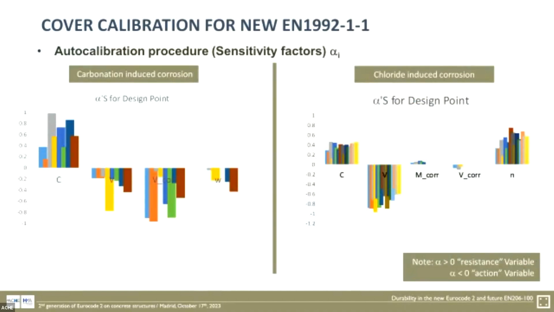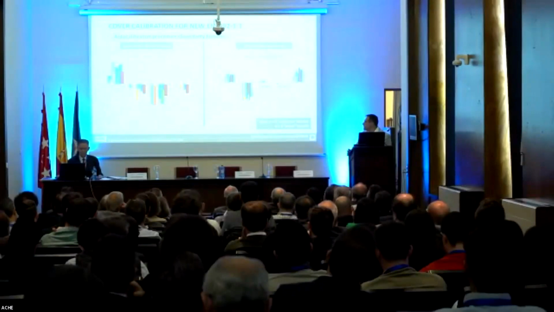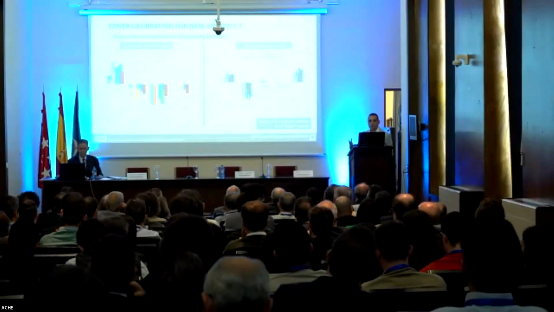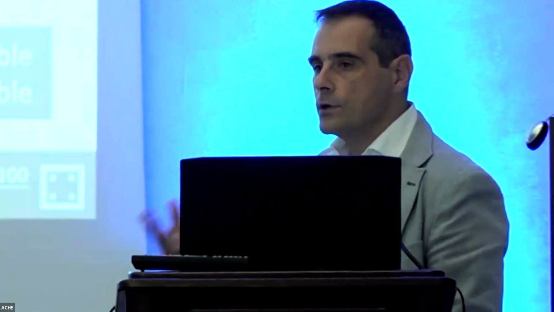Two minutes, Jose Maria says. About the alpha: the alpha gives you the sensitivity of the durability problem depending on the corrosion onset. For carbonation, we have the cover, the carbon ingress ratio, which is the VOC, the wetness period, which is the time the corrosion is active, and also the corrosion rate. But for chloride, as the corrosion rate is so high, you may see that the corrosion rate has no influence in the allowed